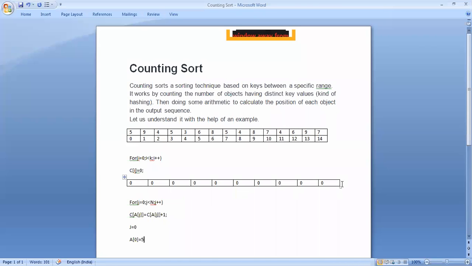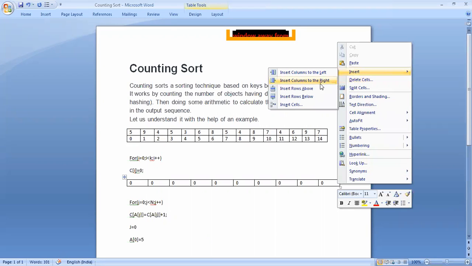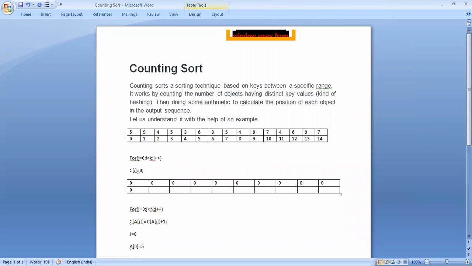c5 means, here if you see, the array below. Here if you count 0, 1, 2, 3, 4, 5, 6, 7, 8, 9.